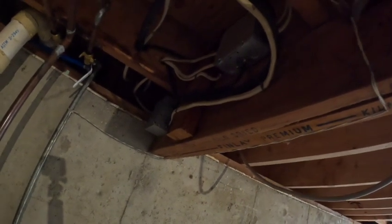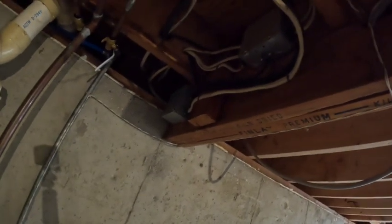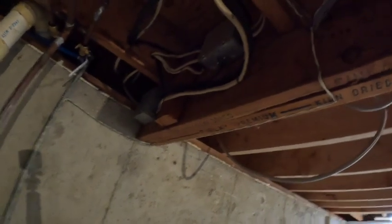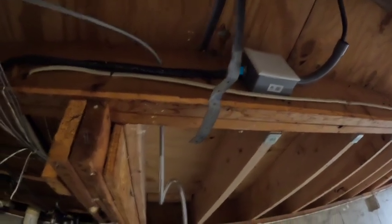Which is goofy. I don't know why they would have put that box there. Why would you have put a box on the back of a stair header when you could have hit it up into the rafters like I did that one? So that's going to a new range. And then